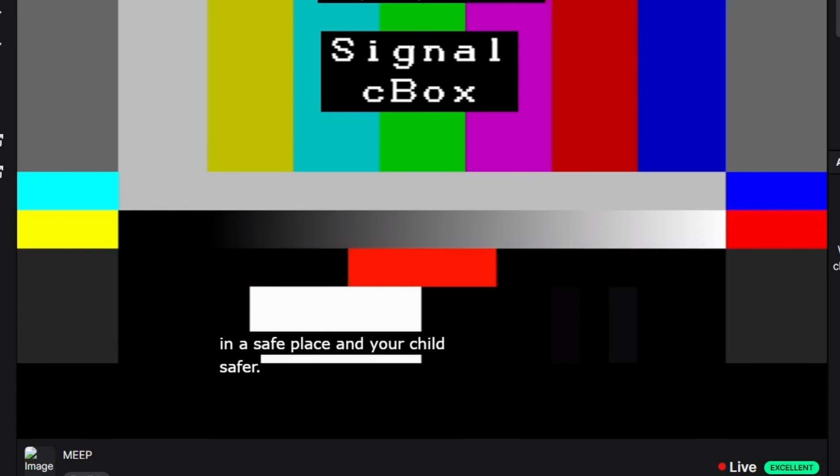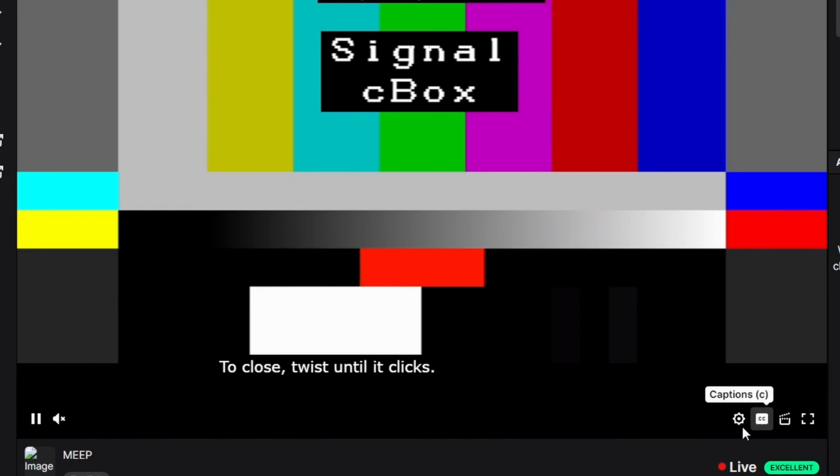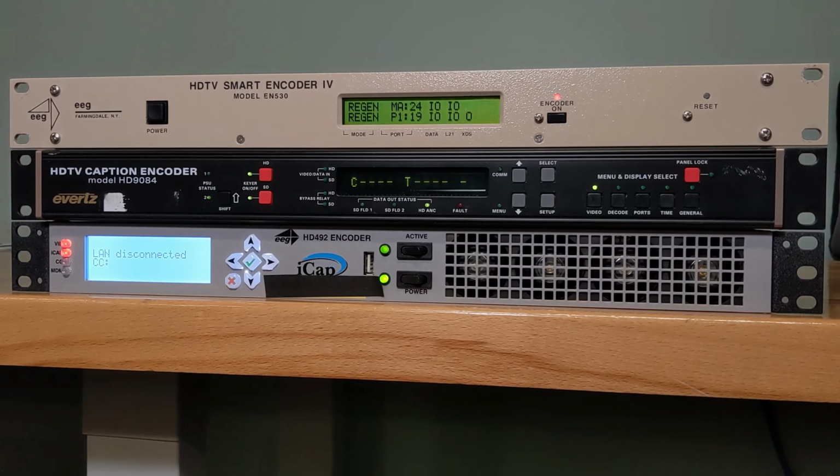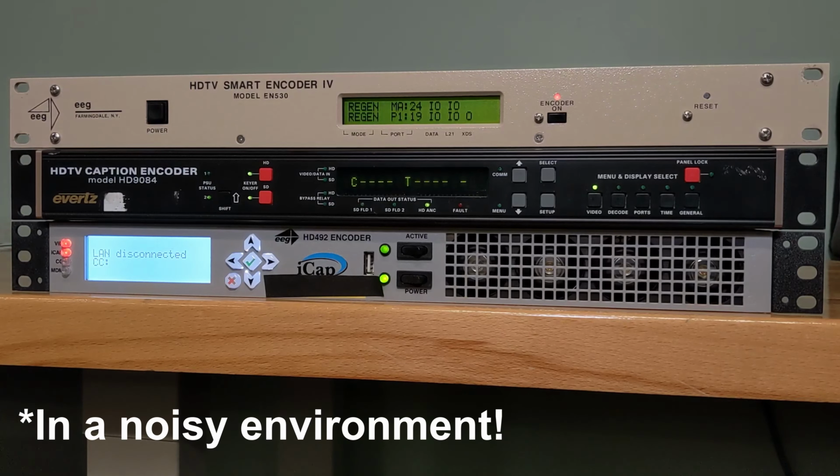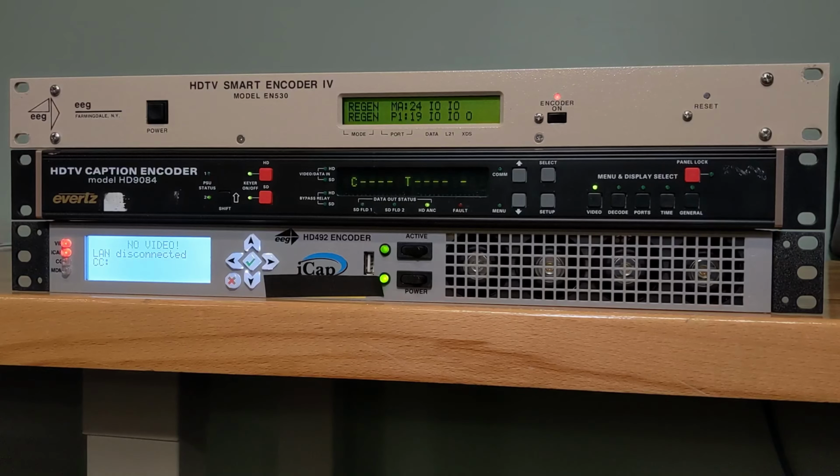I make use of this to avoid any copyright violations by only passing the captions, not the source video and audio for this demonstration. This would also allow someone to create closed captioning for a livestream using an outboard CEA 608-708 closed caption encoder, like the EEG and Evertz models shown here. Although live captioning by a highly skilled stenographer is the most accurate method of generating closed captioning, it is also the most expensive, with rates lying well beyond the means of most but the top content creators.